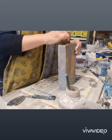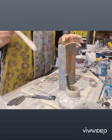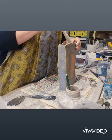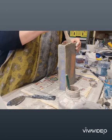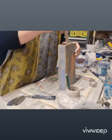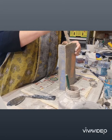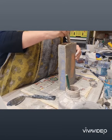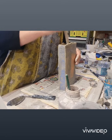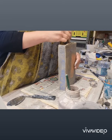It's not just one little technique, it's a variety of different techniques. So a lot of the surface colour that you see has been printed by using newspaper and painting onto the surface of newspaper, and then taking a print from that across to the ceramic surface. And then I've used objects to impress into the surface of the clay. And then again I've taken the slabs and I've ripped them to pieces and put them back together again, so it gives you that idea of a landscape being put back together,